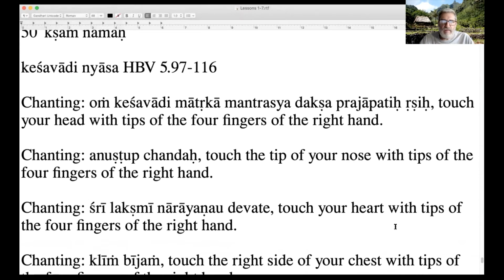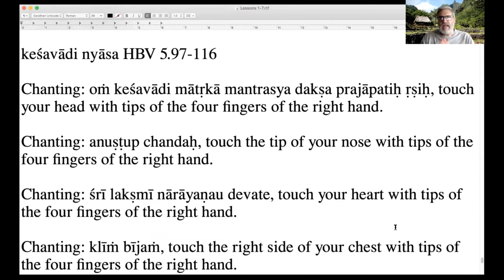So after the Matrika Nyasa, the next thing to be done is the Keshavadi Nyasa. The Keshavadi Nyasa comes from Hari Bhakti Vilasa, the 5th Vilasa, text 97 to 116. So first of all, what is the mantra nyasa for the Keshavadi Nyasa?